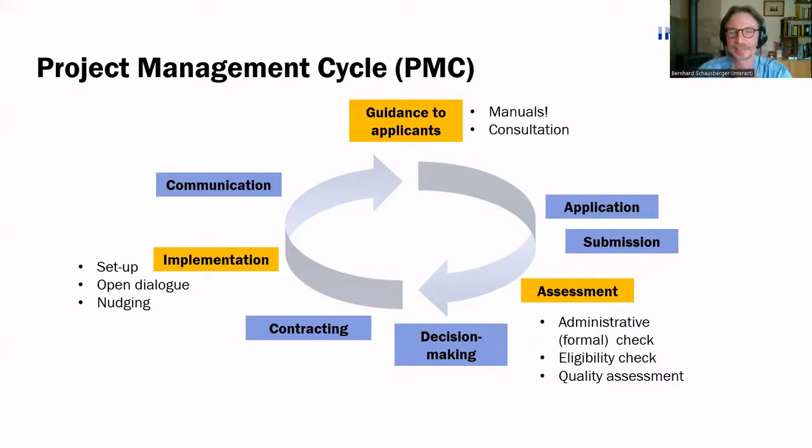Just a reminder. And now looking a bit more deeply into assessment and bringing us all into this wonderful technical terminology. Usually we have 3 distinct stages in most programs. One is administrative formal check, usually very easy to be done, rather at secretary level, 0 or 1, met or not met. Eligibility check usually goes then to a bit more difficult criteria to be assessed, but still we are in a world of black or white. You either pass or you don't pass.